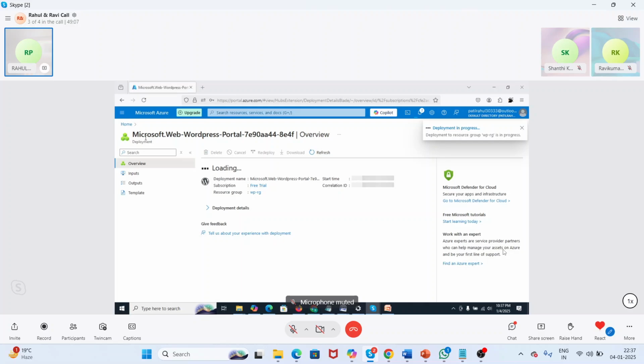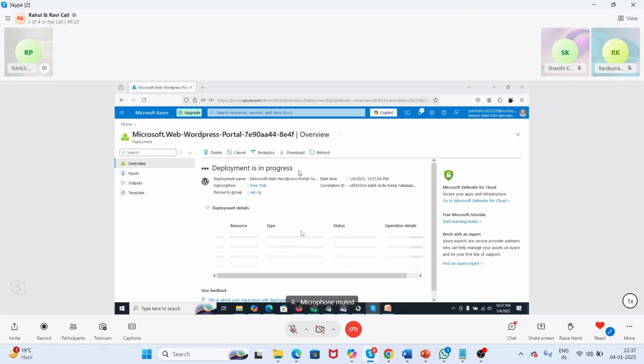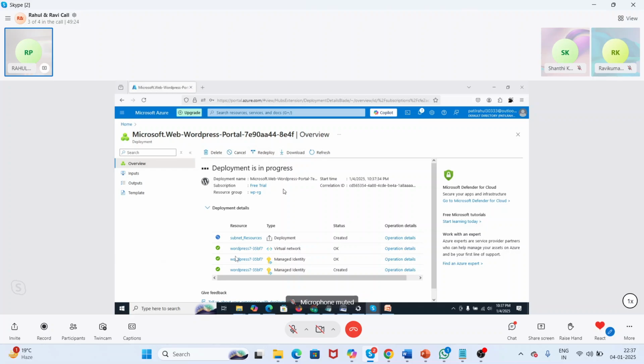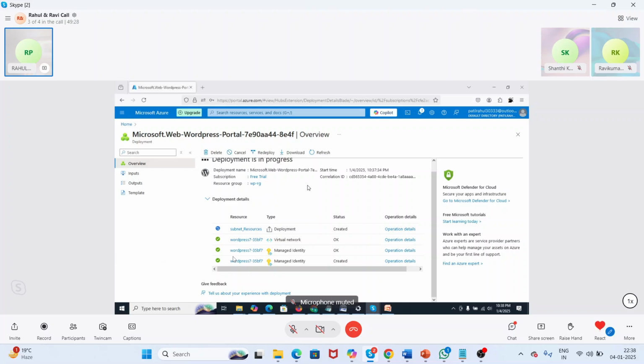So Microsoft web. We have to wait for some time because it takes a while to install everything, meaning the MySQL database and all the prerequisite software for the installation.